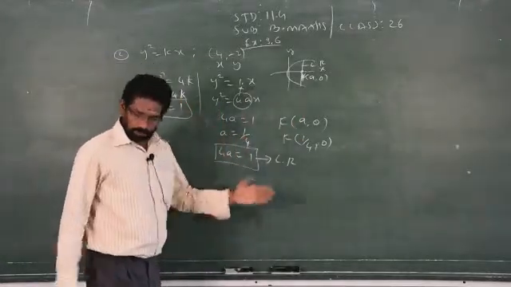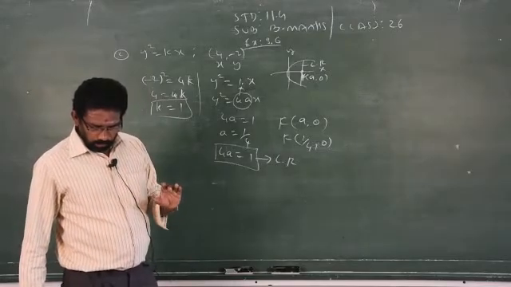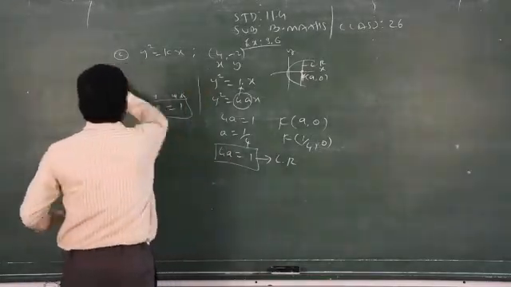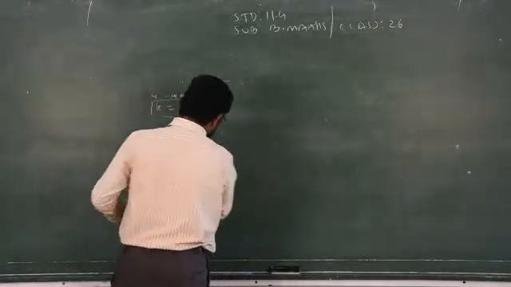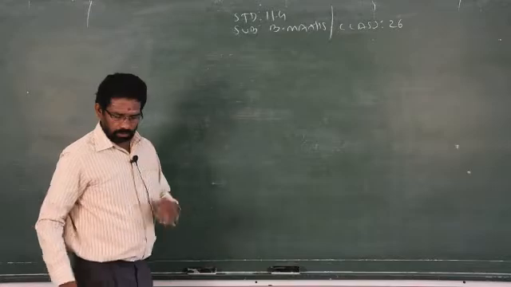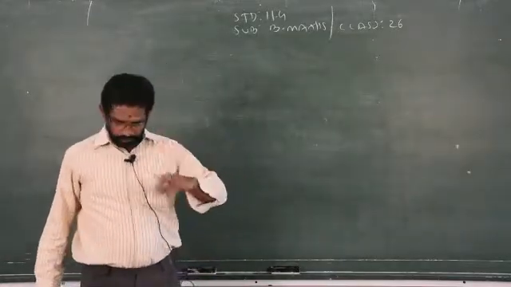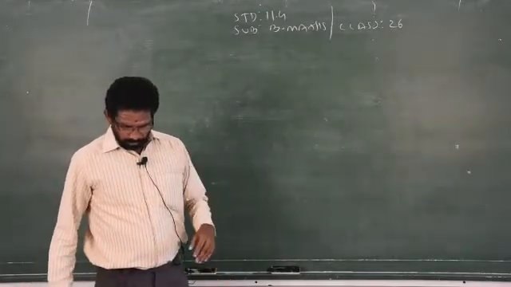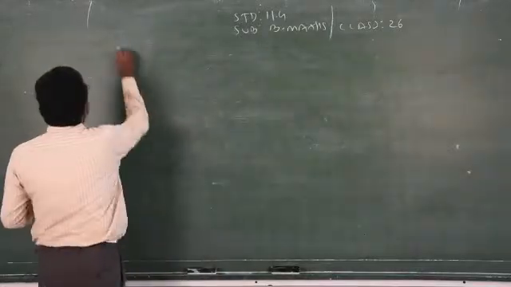Clear? So for sum number 3, we will come after sum number 4. Sum number 4 we will do now, then after that we will go to sum number 3, because sum number 4 is supposed to come in the place of sum number 3. They misprinted 3 and 4. Clear? So we will go for now sum number 4. After that we will go to sum number 3. So sum number 4.